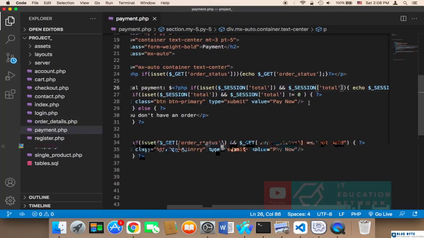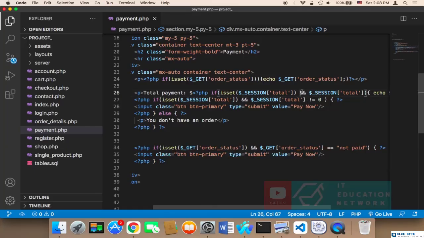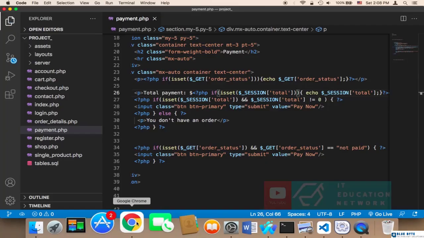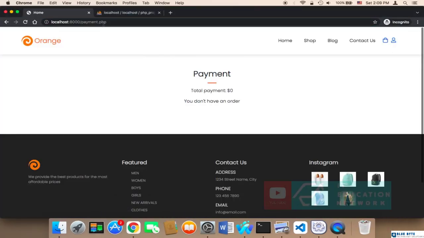So it's up to you whether you want to do this or not. But I'm just going to keep it simple here. I'm going to display 0 so that the user knows that there's nothing to pay for. So here I'm just going to say total payment 0, you have no order. Pretty simple. And in case the user comes from another page, for example, let me go to my account